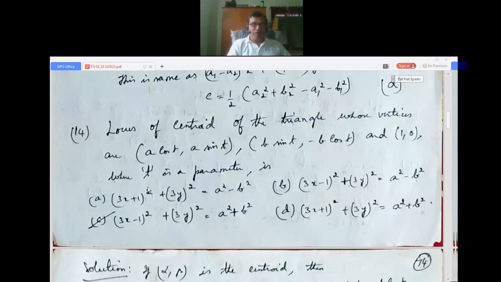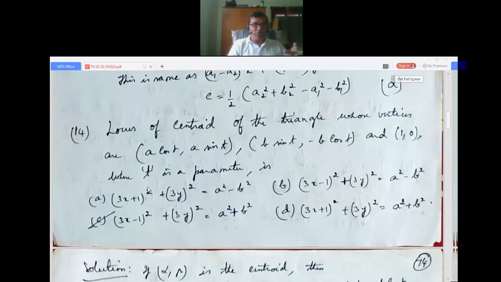Question number 14. The locus of the centroid of the triangle whose vertices are (a cos t, a sin t), (b sin t, minus b cos t) and (1, 0), where t is a parameter, is